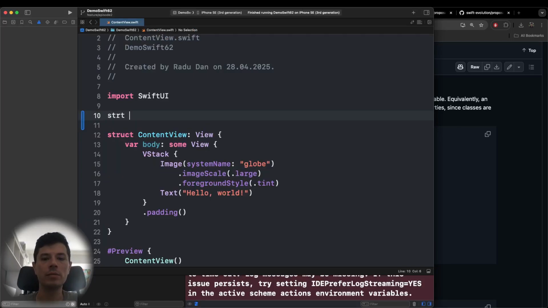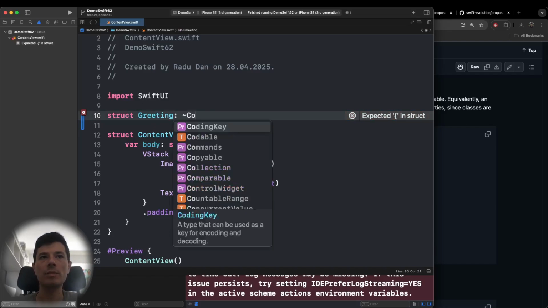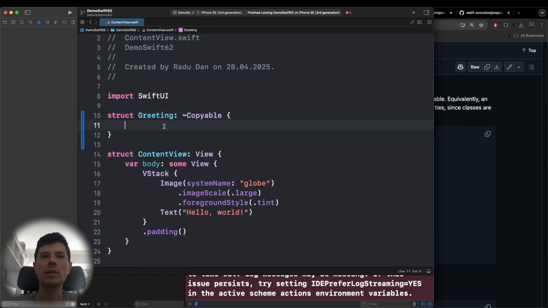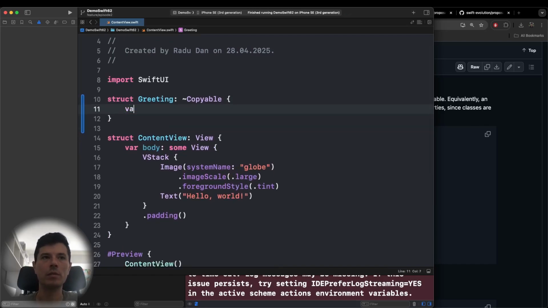It's applied to structures and enums, and you use it to mark their non-copyability. So we can create here a structure called Greeting, and we can say tilde Copyable, and my structure will become non-copyable. And if I say here,